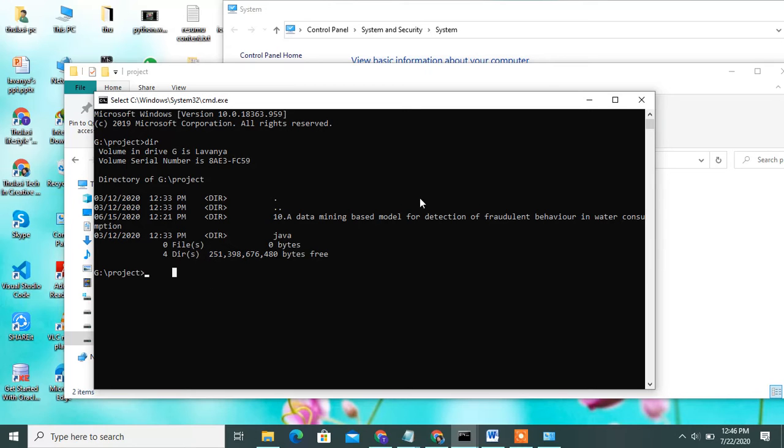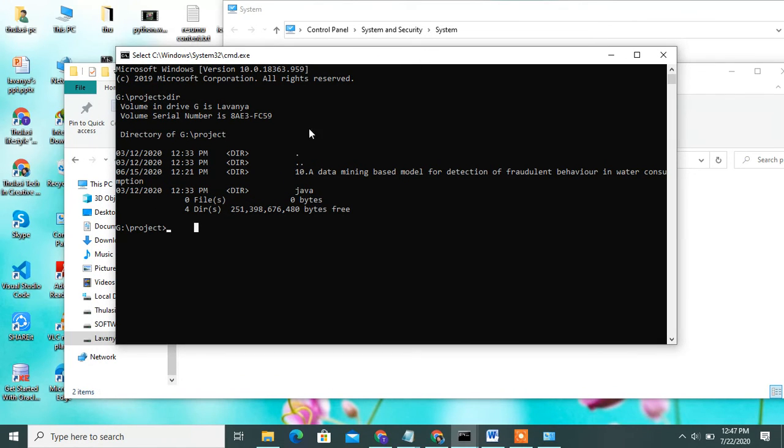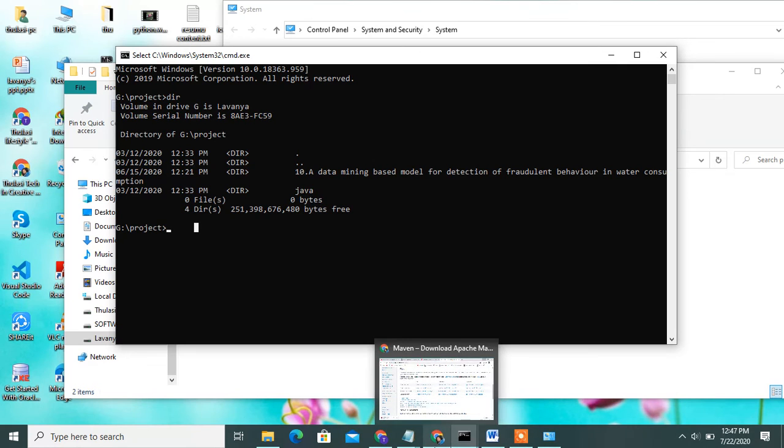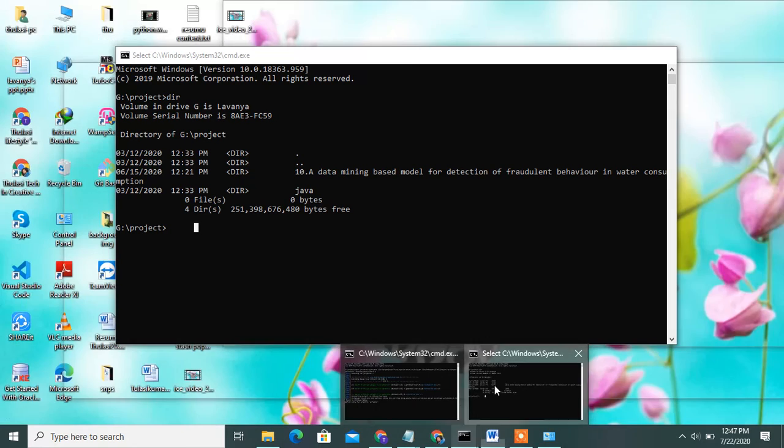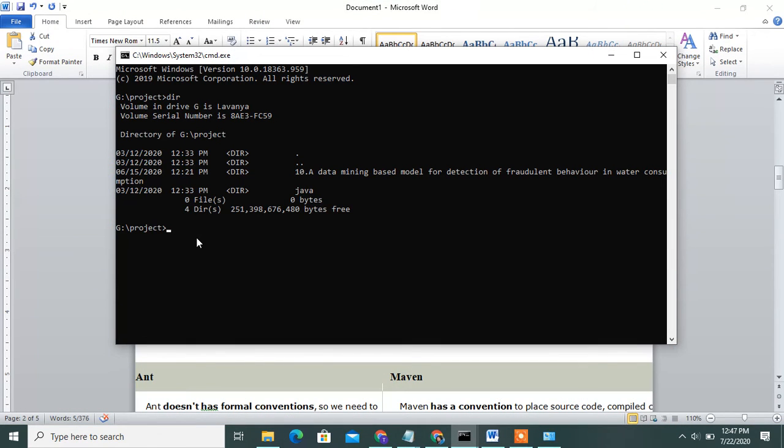Then how to install, please observe. I will take one project URL, then install it in Maven. I will show how to install it. This is one Maven project, like a jar file. How to install it, then paste it here.